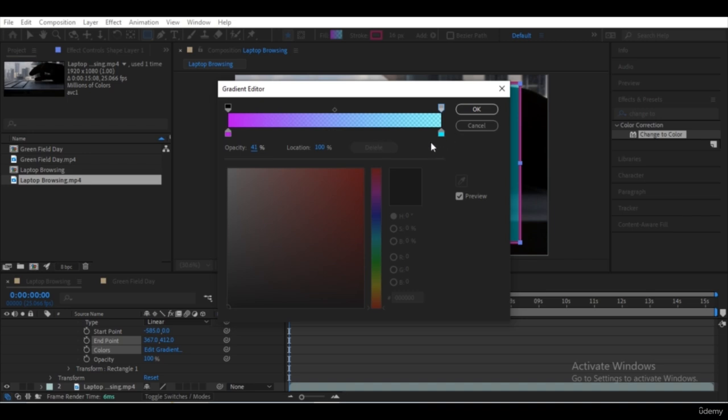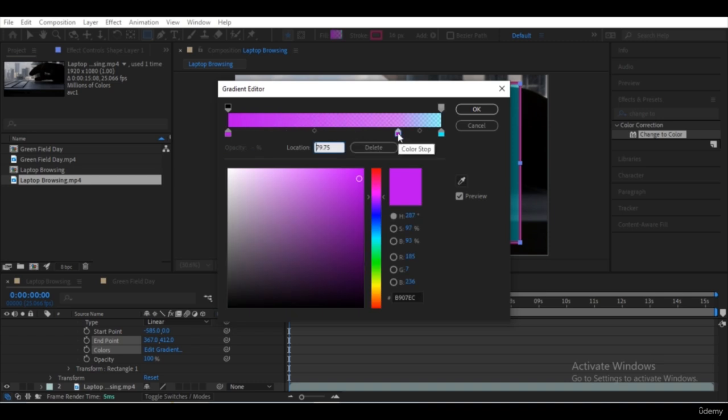And then we can also add another color by clicking another color stop and click to add another stop. Click the other color stop.